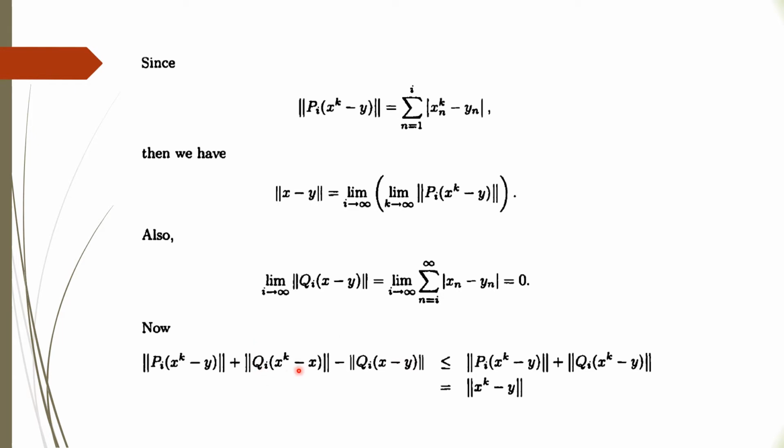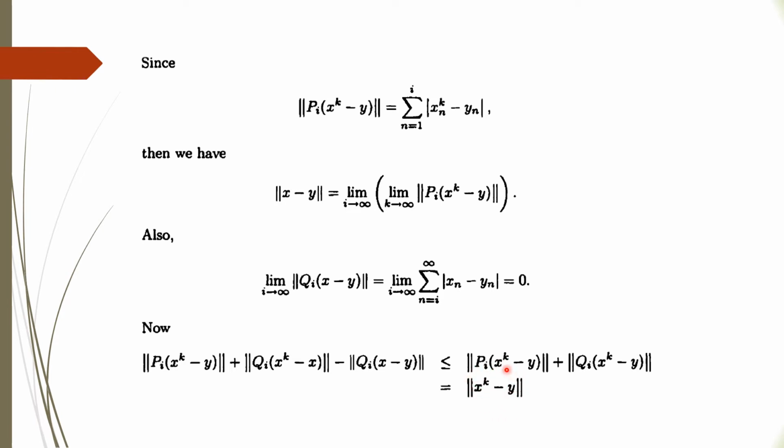The norm of a minus norm of b will be less than or equal to the norm of a plus b. So the point x will be cancelled out and you are left with this. So clearly this should be less than or equal to this number, right? And these are the first I elements, these are after I elements, so you can combine these two. So basically this is the norm of xk minus y, right? So what we get, this is less than or equal to the norm of xk minus y. So when you take k going to infinity and I going to infinity, this is nothing but ry,